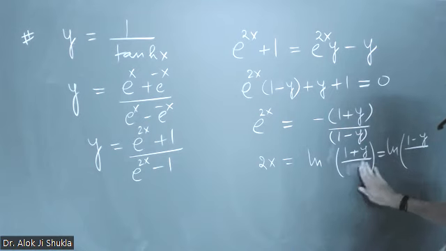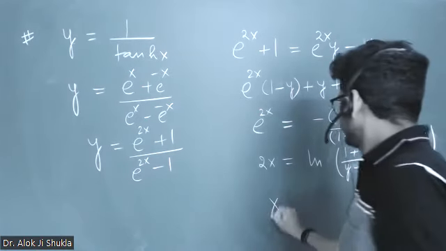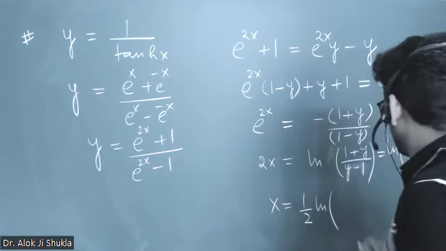It will become y minus 1. Is that okay? So y plus 1 upon y minus 1. So x is half of log y plus 1